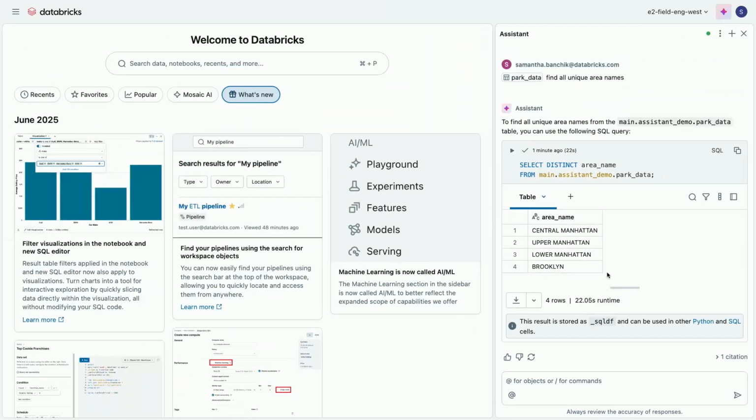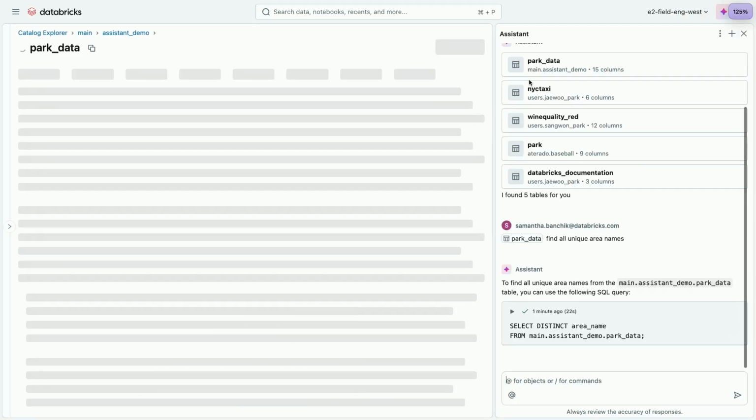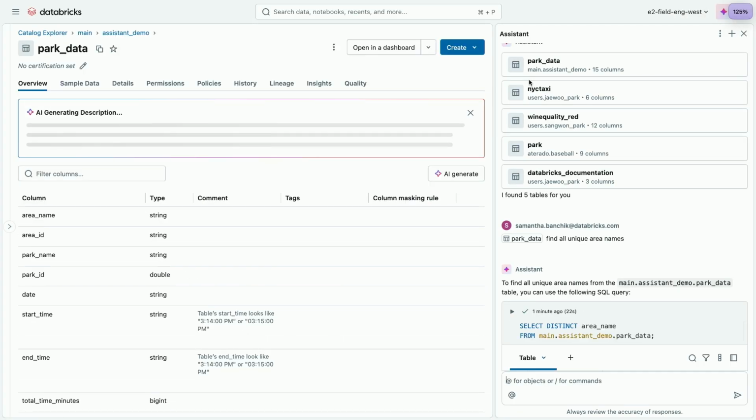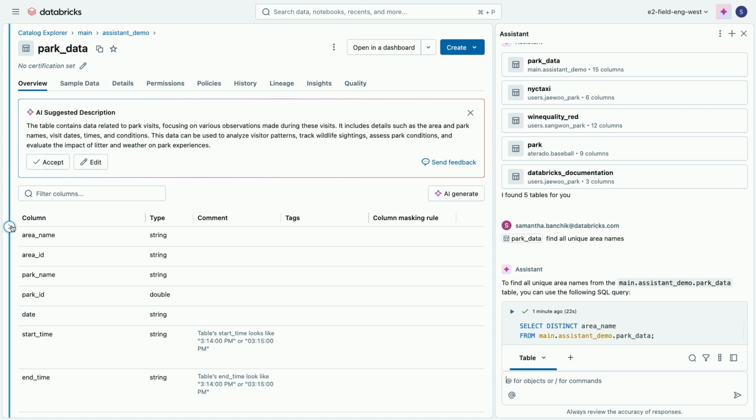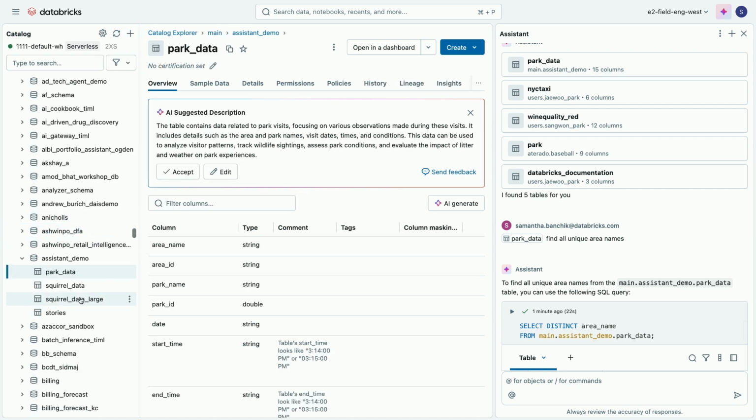Cool. Awesome. Now, the assistant isn't just great at helping you generate and run net new code from across your workspace. It can also be leveraged as a navigational tool. So you'll notice here how I directly added this table and it created this tile. Now, seamlessly, with the click of a button, I can hit on that tile, and it'll take me directly to the Catalog Explorer page. Here, I can learn more about my table, see where it lives within my workspace, but